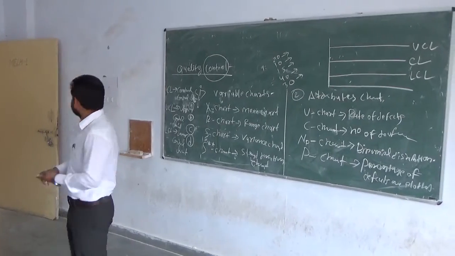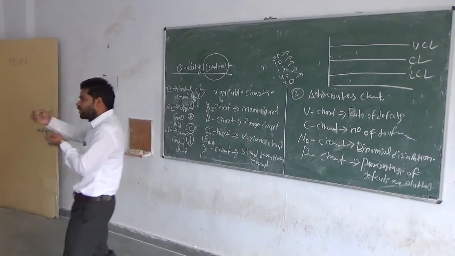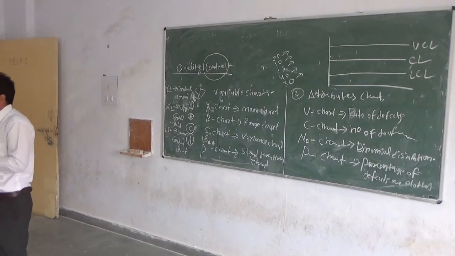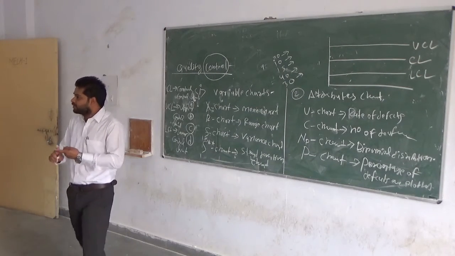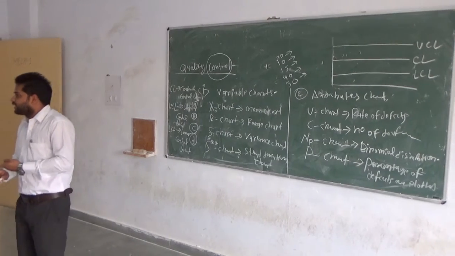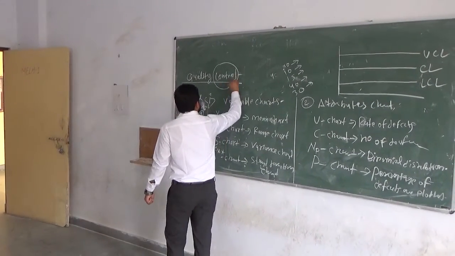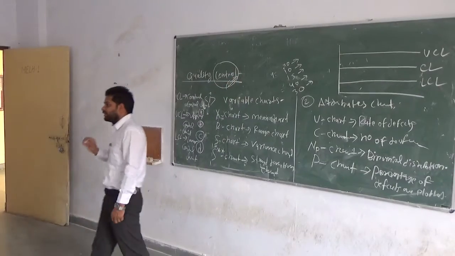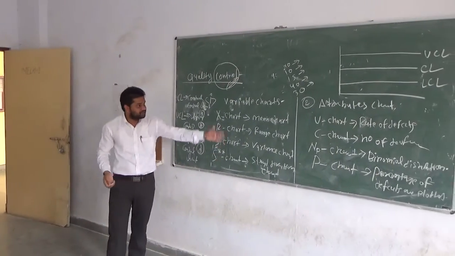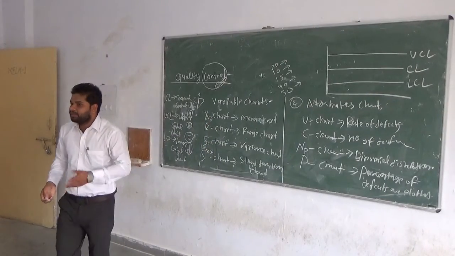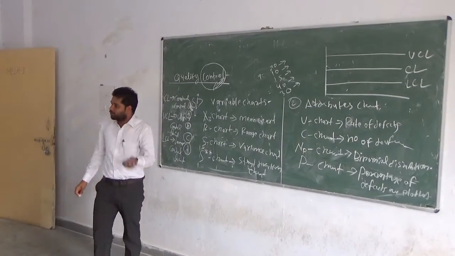Okay. Now go for quality control. How can we control the quality? This is the maintaining of the quality, like maintaining the set of standards in the case of product or product services. Okay. So how can we maintain? This is just controlling of the product quality. If we know about the charts, then we can check whether our solution is okay or not okay, or some problem is there.